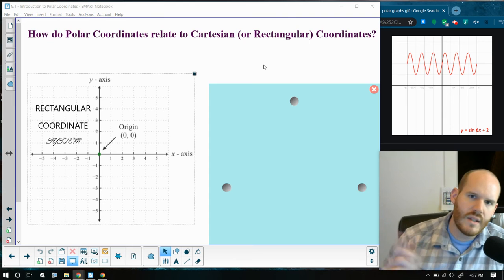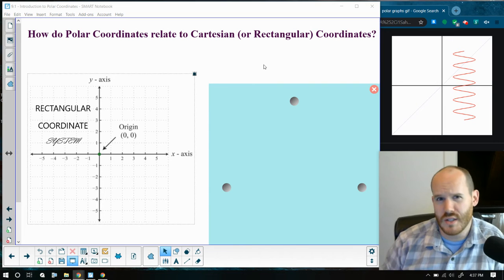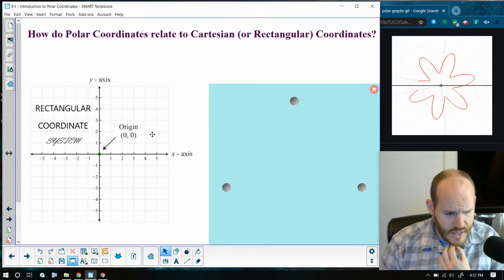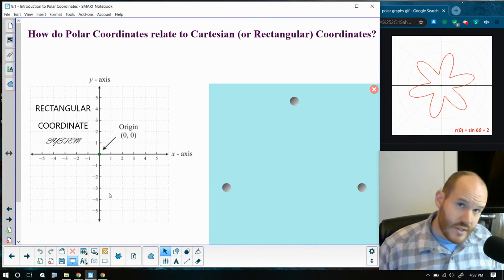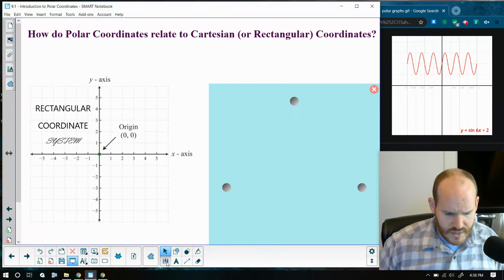Hey guys, so in this video we're going to quickly look at how polar coordinates correspond to Cartesian or rectangular coordinates. So we're going to jump right in. I'm going to take a gander here at the rectangular coordinate system, which if you don't remember is really just that traditional XY axis that you see,